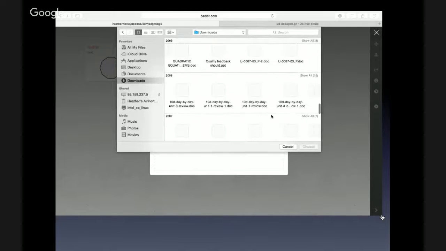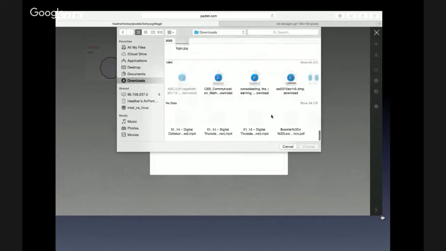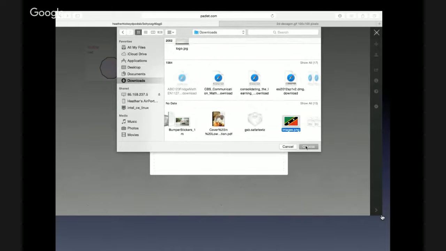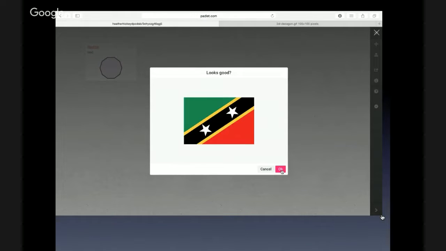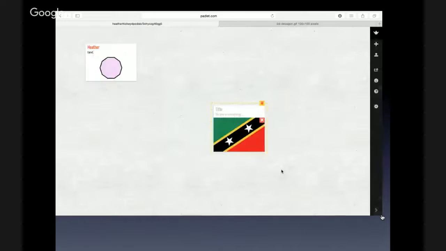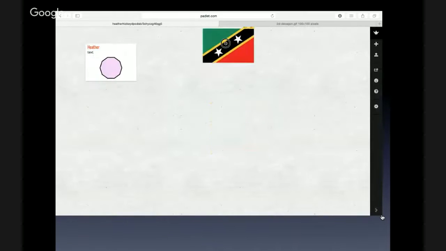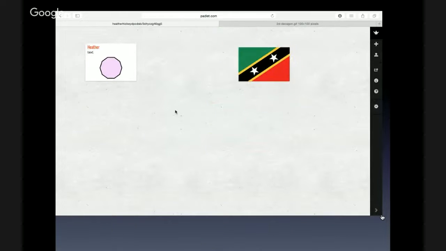I'm just trying to find something I can upload here. There we go. Here's a nice image. And again, it's just going to generate a preview of that, and if they're satisfied, they'll say OK. And again, be able to drag that around. The other option